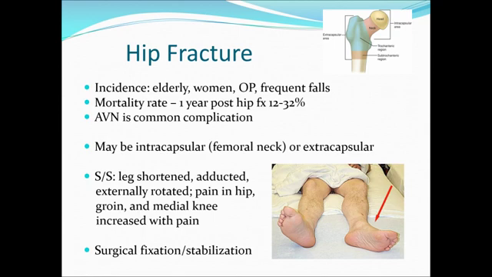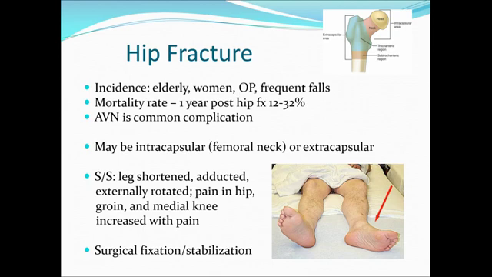So incidence: we see this a lot in the elderly, particularly in women with osteoporosis and those with frequent falls. Now, here's the thing. We go back to which came first, the chicken or the egg. In many cases, osteoporosis causes porous bone, and it can cause a fracture. And once it's fractured, you can't support the weight, so the patient is going to fall. We also have cases where the patient was doing okay, they fell, and the trauma caused the fracture. So you can actually have either one.